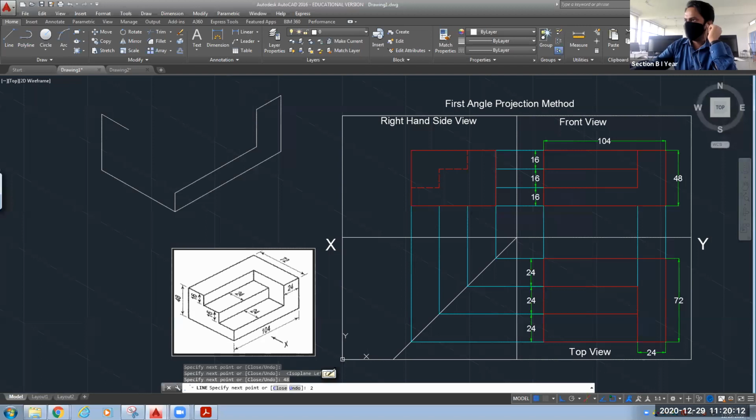I have given the direction on this side with my cursor, and the distance that I want to move is 24. Again in downward direction, I have to come 16. Again in this direction, 24. Below 16. And you can close this.